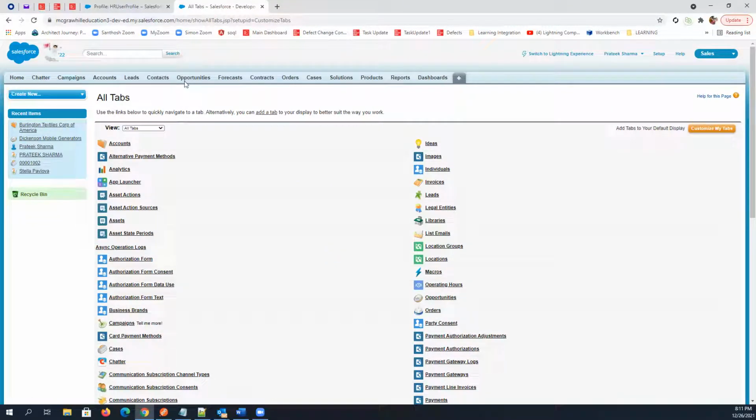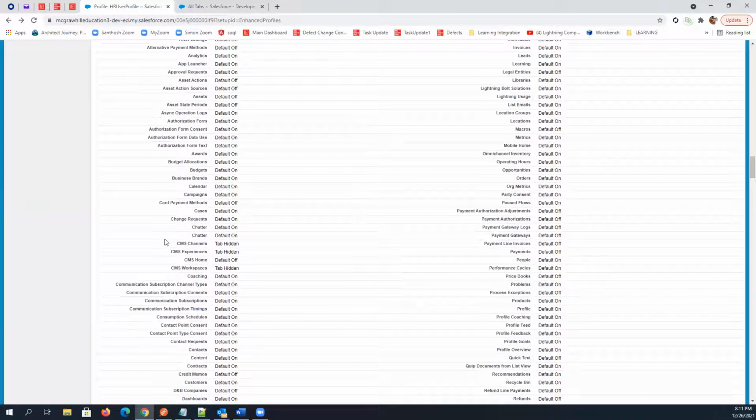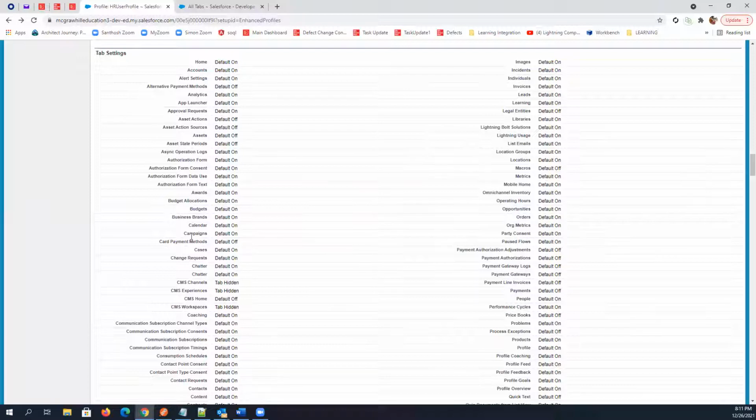You can also restrict the access of these tabs, what you want for this particular profile. Let's say you want to hide forecast on this profile. What you can do is simply find forecast here.